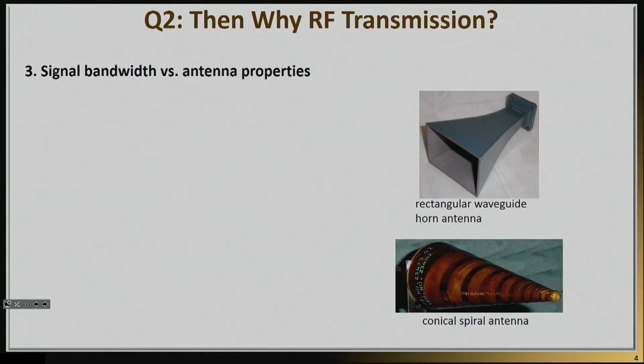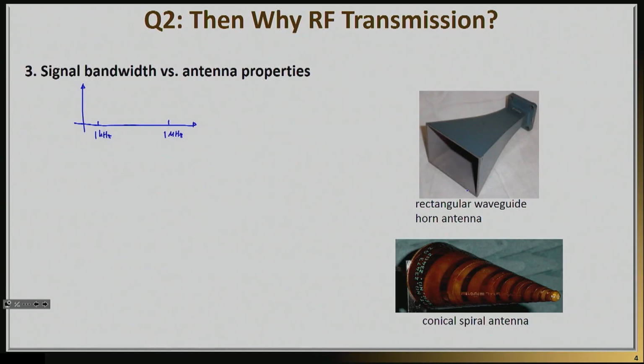Now, the other reason I want to give you is that, as I just mentioned, rarely do we have signals that are at a single frequency. They usually occupy a bandwidth, right? So if you try to transmit, let's say, video that maybe occupies a bandwidth from 1 kilohertz to 1 megahertz, and you try to calculate the antenna size for that signal, when I used before the word wavelength, should I be using the wavelength at 1 kilohertz or at 1 megahertz or somewhere in the middle of the band?